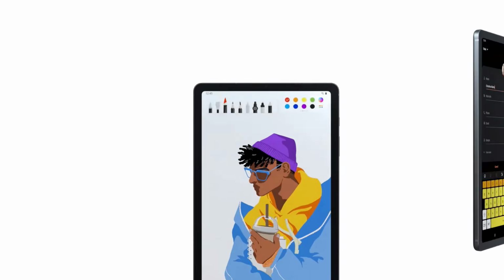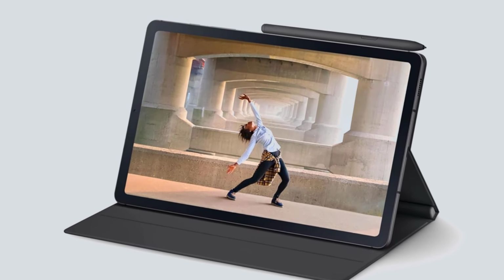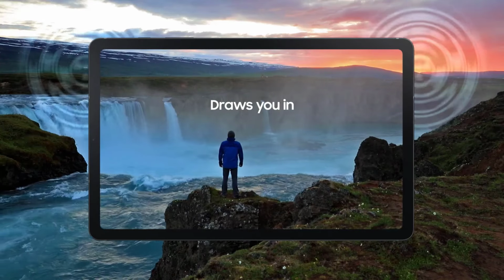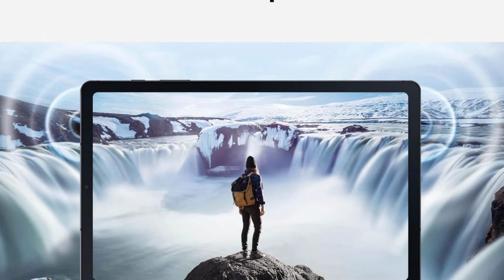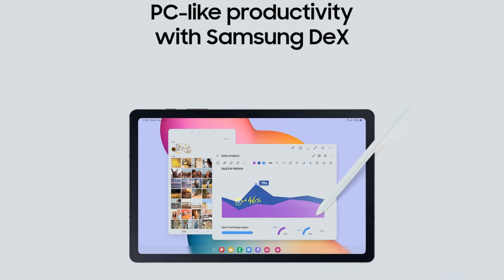The Tab S6 Lite is also Samsung DeX compatible, turning your tablet into a mini workstation for PC-like productivity. Choose from stylish colors, including the fresh new mint, and take your creativity and efficiency wherever you go. Whether you're binge-watching, gaming, or working remotely, this Android tablet is ready for anything without breaking the bank. The Galaxy Tab S6 Lite is your go-to device for all things fun, with just the right amount of work